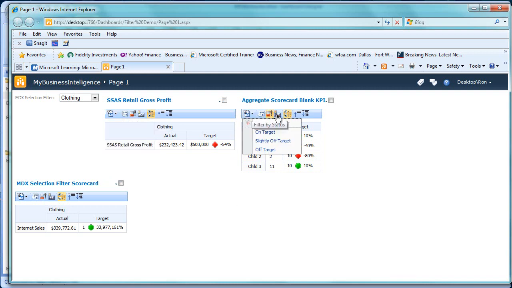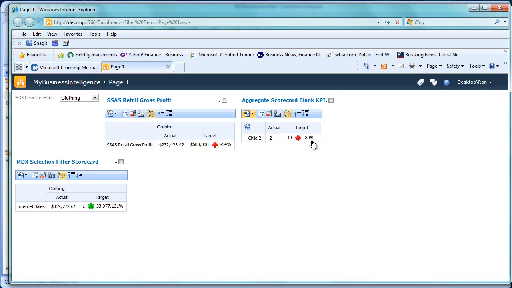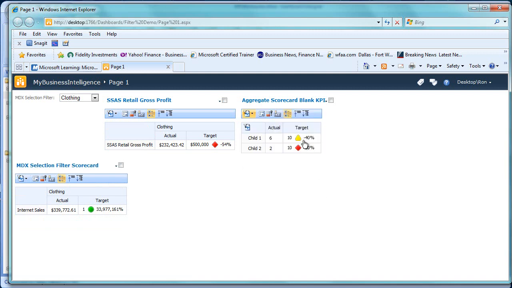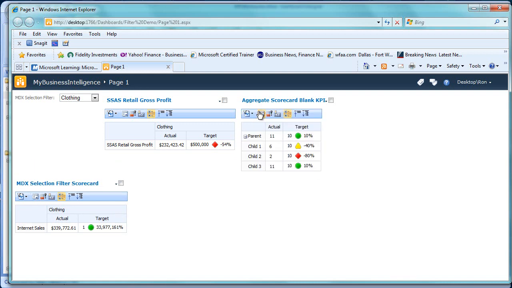That will show up better if I come over here and I take a look at what's off target. I immediately pop up and show that. I can take a look at slightly off target, and you can see that. And then I can also go in and clear the filter. I can come down here and show default roll up,